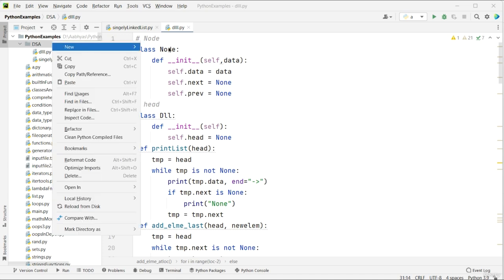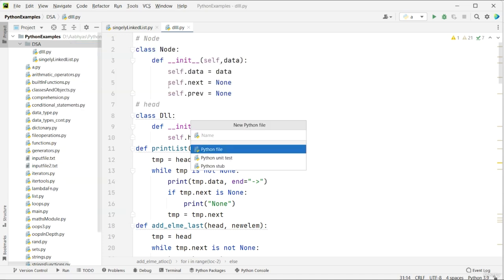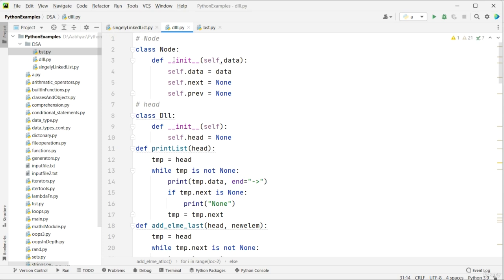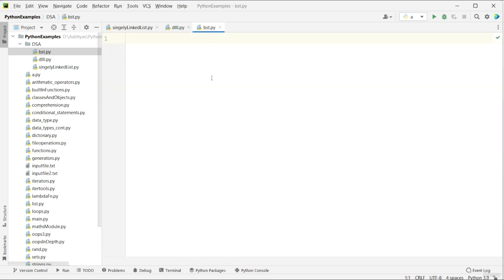So I will create a new file, binary search tree. So similar to a linked list, we have a node, and instead of the next and previous pointer, we have left and right pointer. So let us create that. So we have a node. So let us create a node,